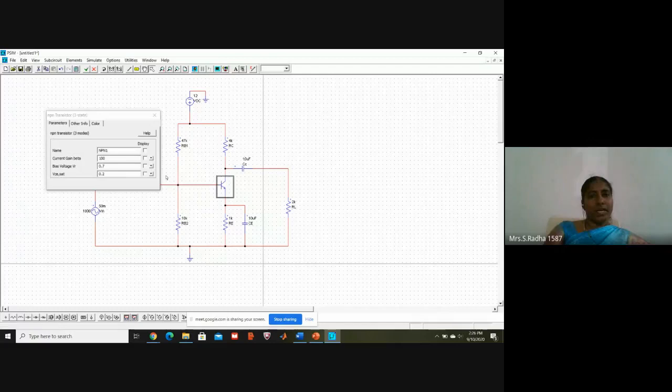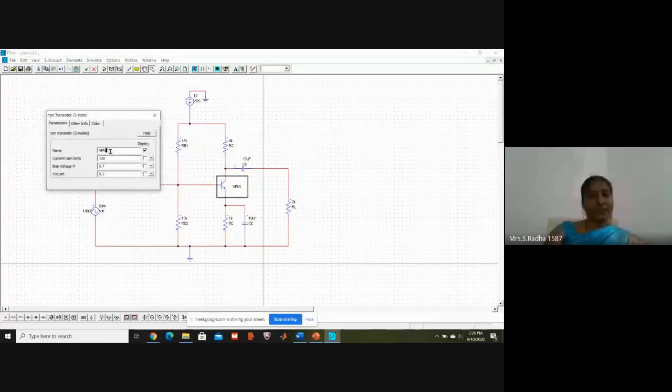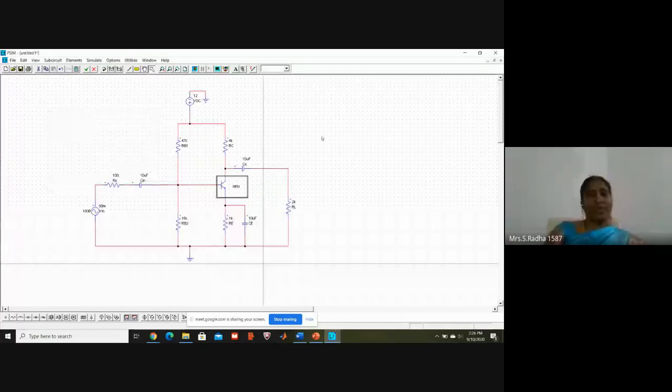Transistor, it is directly taken, beta value. Current gain is 100 and the bias voltage is 0.7, which is VBE, and VCE saturation 0.2. Okay. We don't want all those things to be displayed. If you want NPN transistor, you display only that one. At a glance, we can understand the used transistor is NPN. This one is not required. We know that in the circuit only one transistor is present. So I am giving NPN. Okay, so finished.